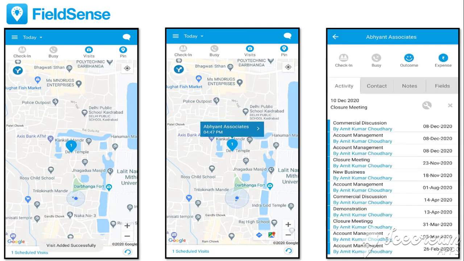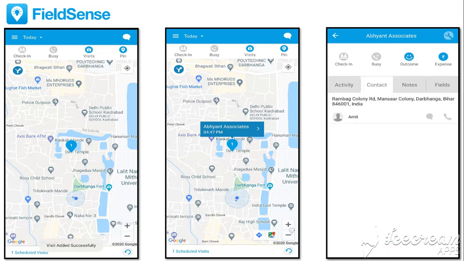And when you click on it, it will give you access to this page, where if you go to the contacts, then you will be able to see the saved customer address. And if this saved address is incorrect, then you can contact your admin and tell them to update it.